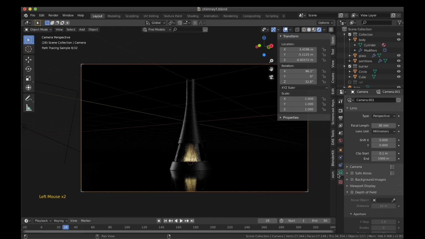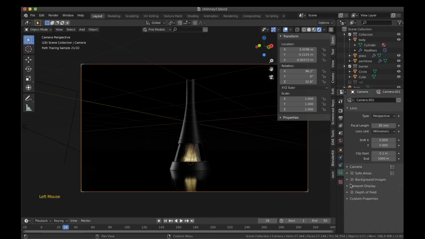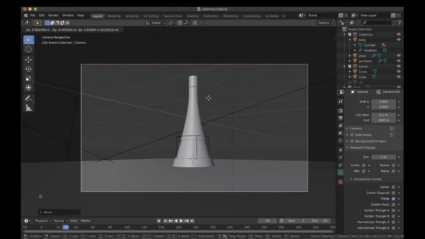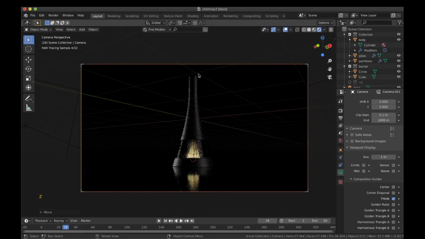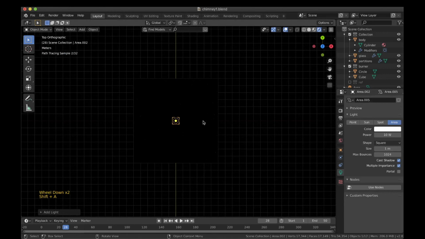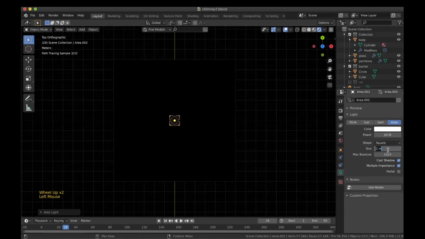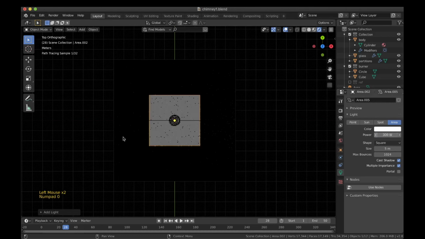I'll also turn on the compositional guides which can be done in the settings over here for the camera. Go to viewport display. This is looking fine. Let's go to rendered view and see once. The lighting is looking good already, but what we can do is we can also give a lighting from the top which will add some detail towards the top. I'll go again an area lamp of 5 meter size, 300. I'll try with 300 and let's see.